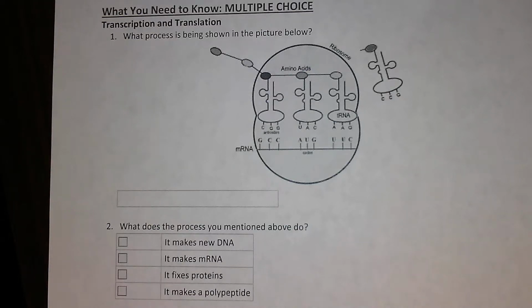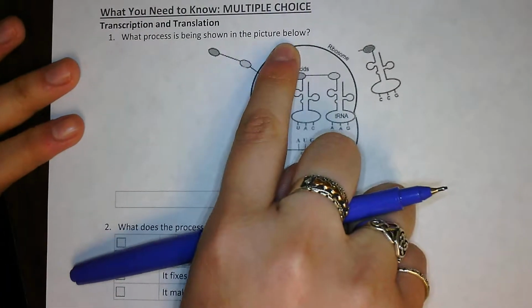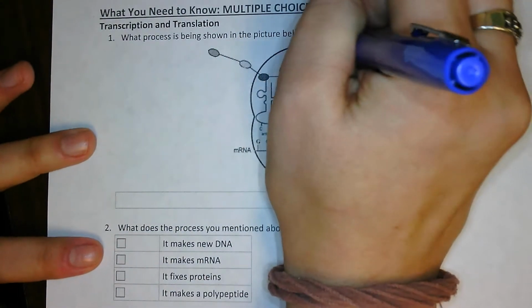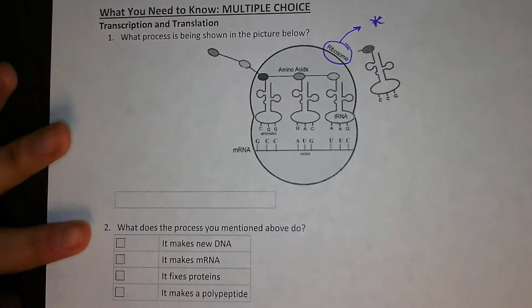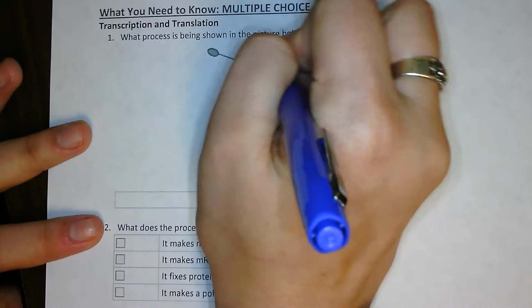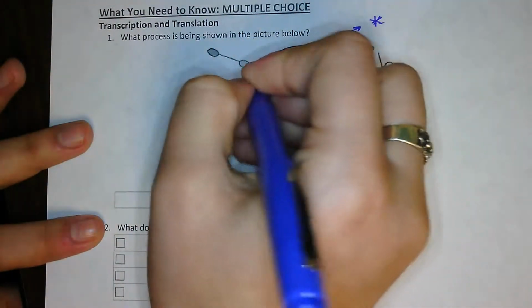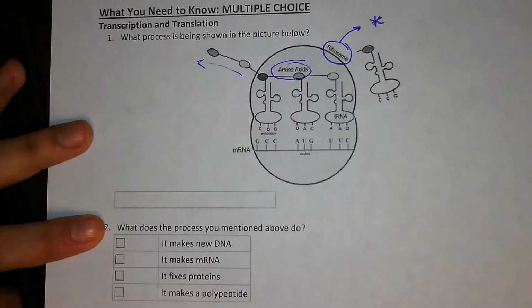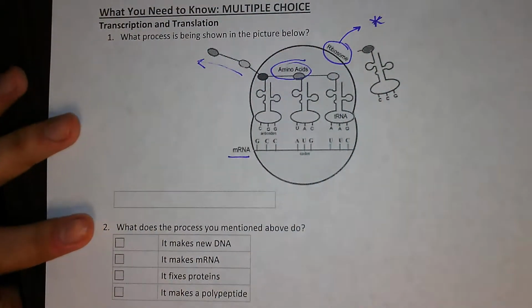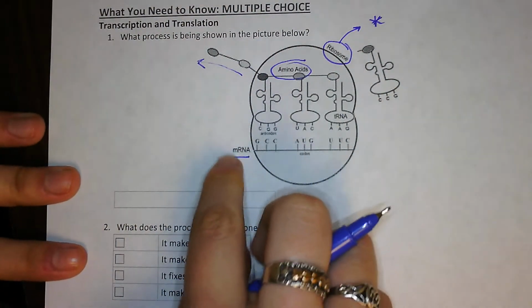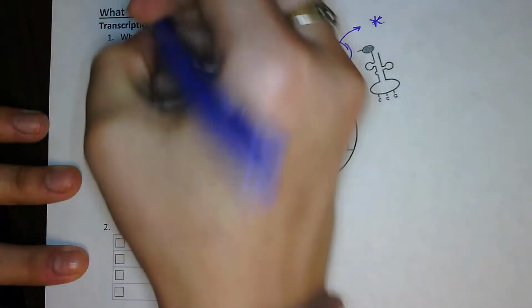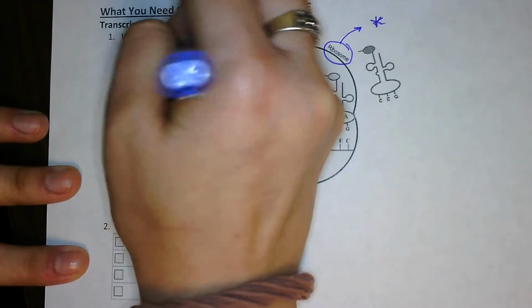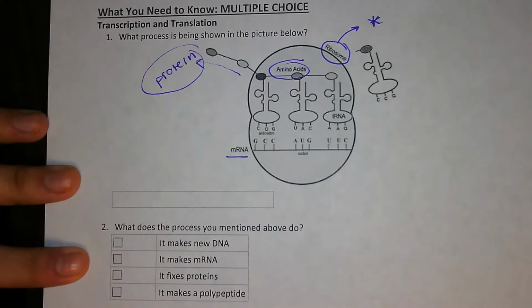Okay, first up we've got transcription and translation. So number one, which process is being shown here? I see that there is a ribosome. This should be a big indicator of what process this is. There are also amino acids that are kind of being made into a chain, and there's mRNA. So what's happening here is that mRNA is being read by the ribosome and making a chain of amino acids, which is a protein. So the process that makes a protein is called